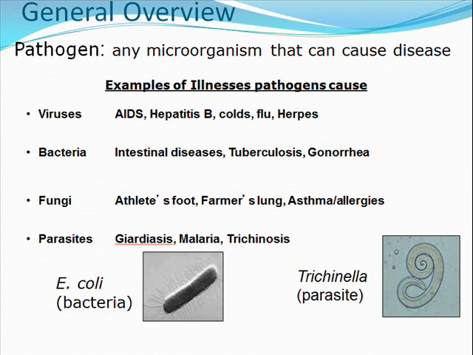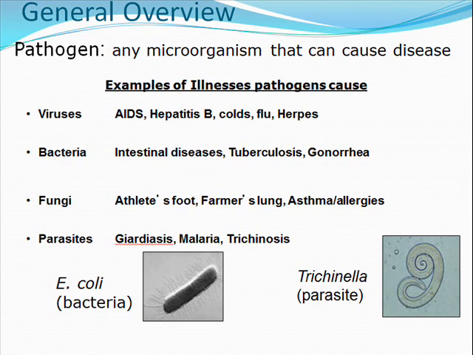Microorganisms that cause diseases are generally referred to as pathogens. They are generally classified into four main groups. Viruses are extremely small infectious agents that are basically packages of genetic material. They can reproduce only within cells of a living host by taking over and forcing the host cells to reproduce the virus. Some examples of the illnesses they cause include AIDS caused by HIV, hepatitis B, and a variety of